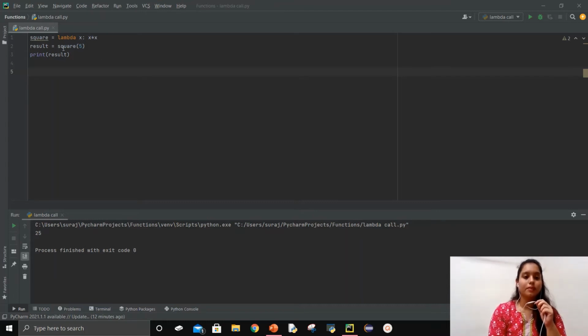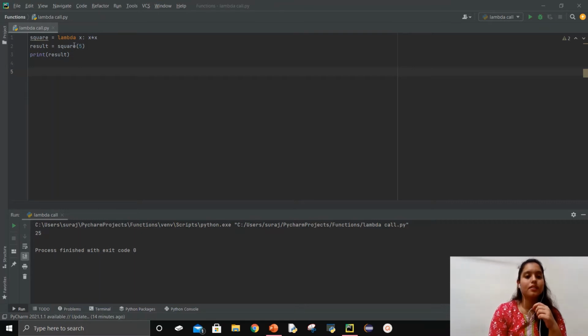So here the lambda x star x, as we know, is a lambda function, where x is the argument and x star x is the expression which gets evaluated and returned. The whole lambda function is assigned to a variable called square, in order to call it as a named function.